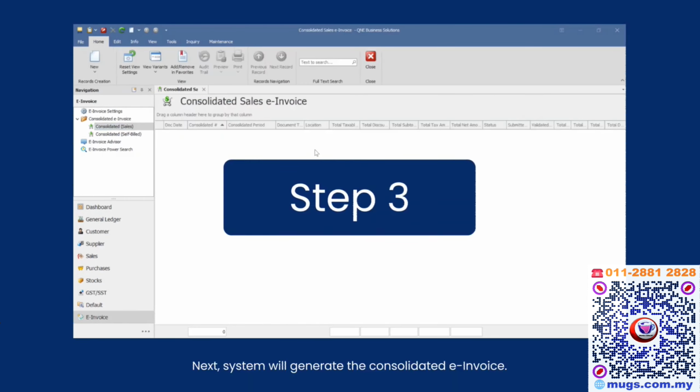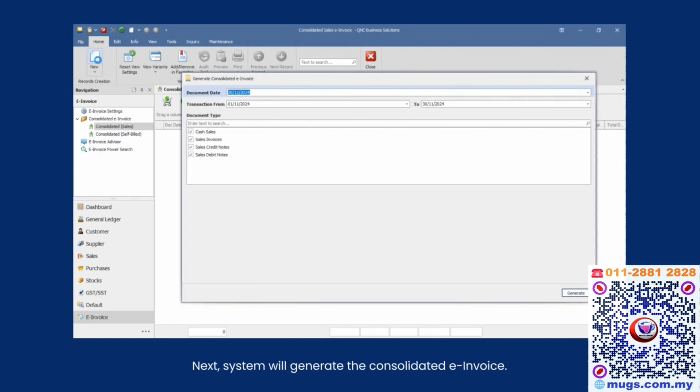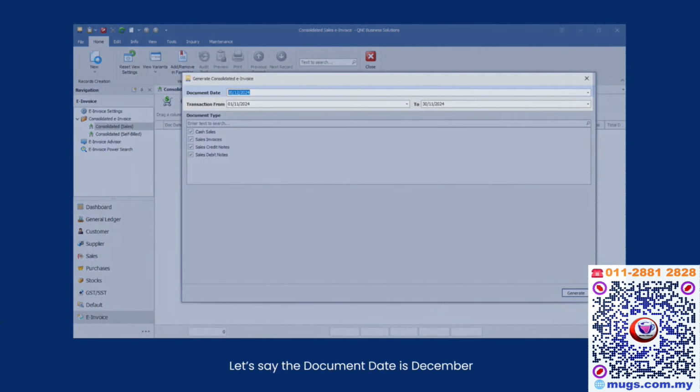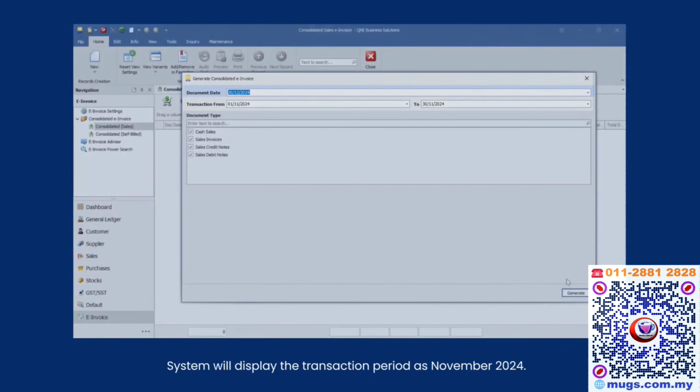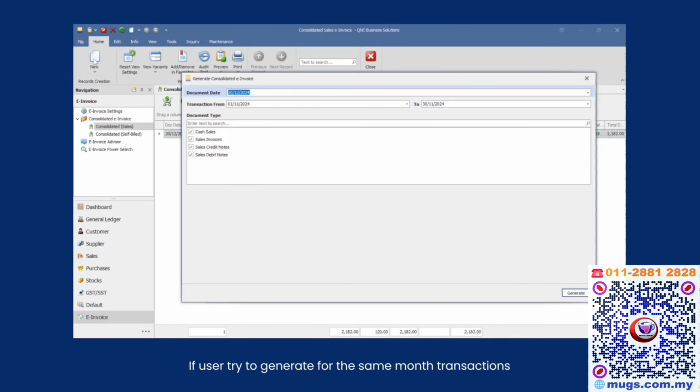Step 3. Next, the system will generate the consolidated e-invoice. Let's say the document date is December. The system will display the transaction period as November 2024. If the user tries to generate for the same month's transactions, the system will not allow them to proceed and will prompt the message